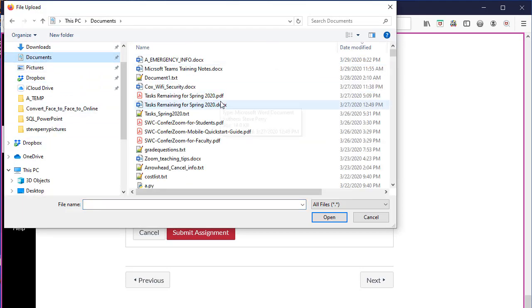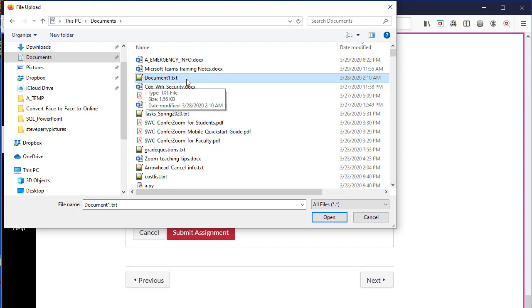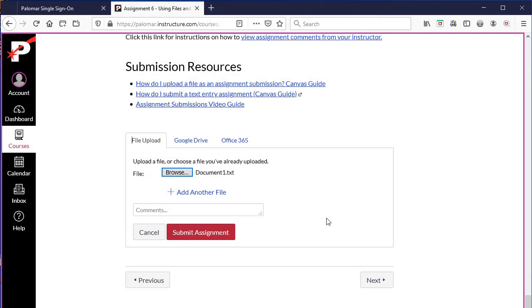I'm just going to go in my Documents folder, and I said I could let them upload a text file. So I'm going to say document one text. Don't even know what's in there. So I'm just going to click it. Open the file. Okay, so now if you open, you'll see that it understands that you uploaded a file, document1.txt,